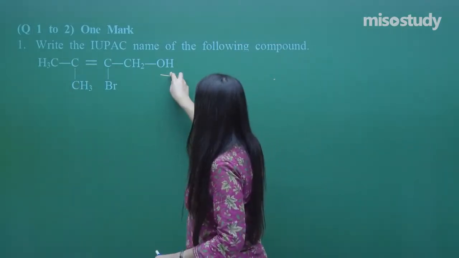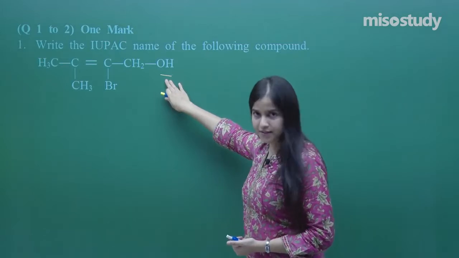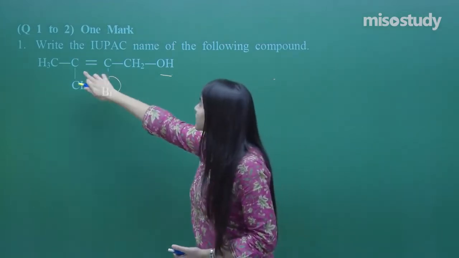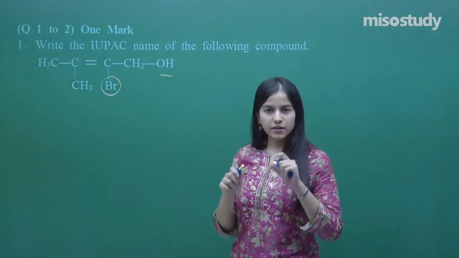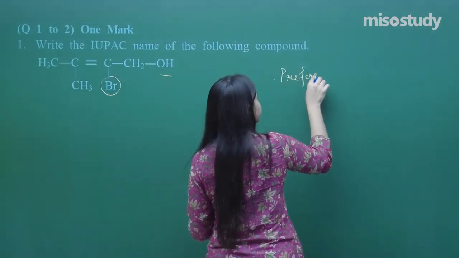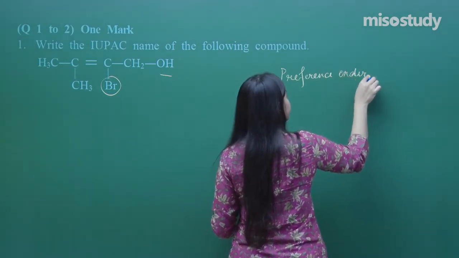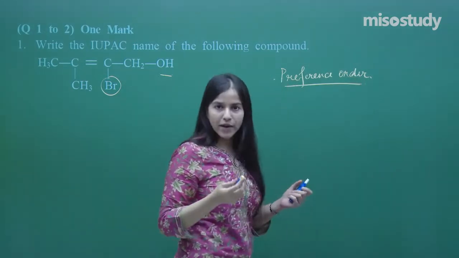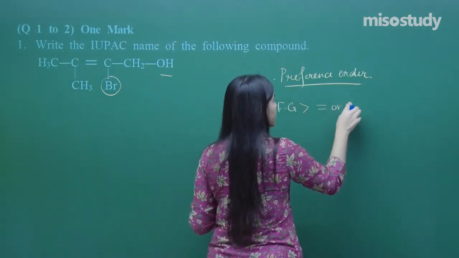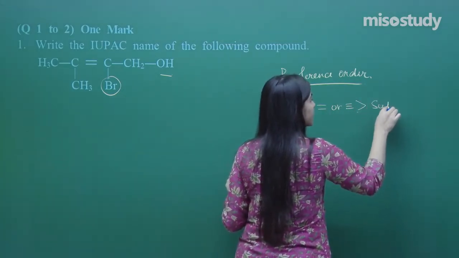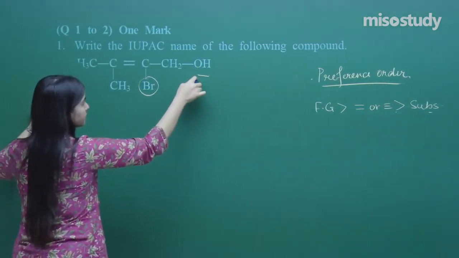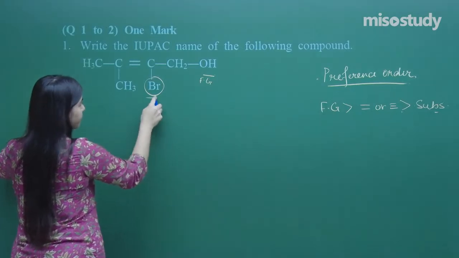See, what I've got, the main thing, OH, that is the functional group, this is the substituent, and also there is a double bond. So we have got a preference order. Let's see the preference order first. It's a bit of a confusing question. Why? Because the preference order says that functional group should be given preference over the double or the triple bond, and yes, substituent finally. Fine. So, see here, what I have got is functional group, substituent,